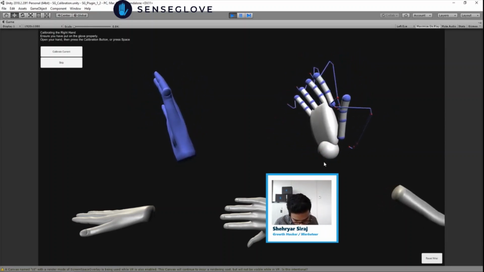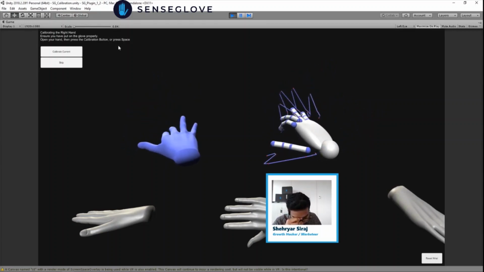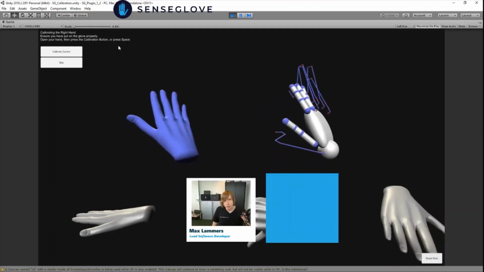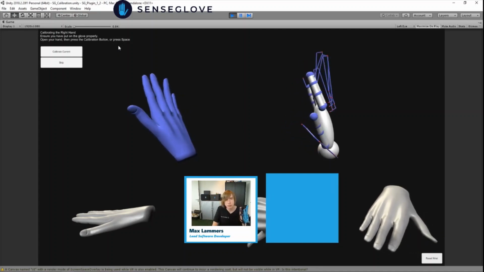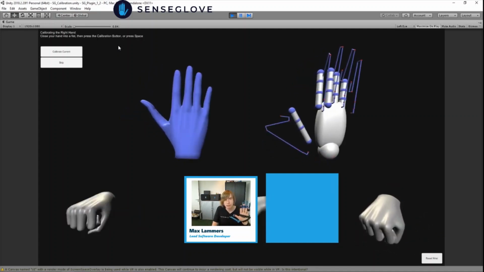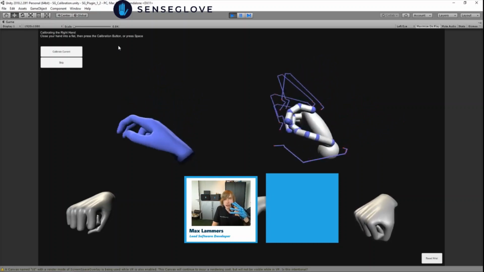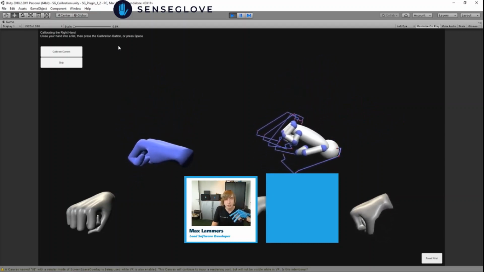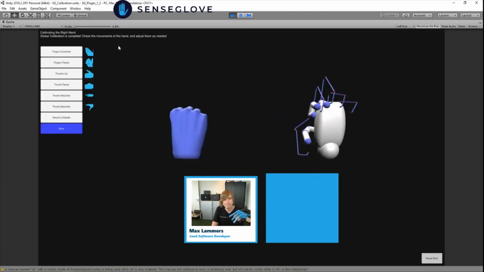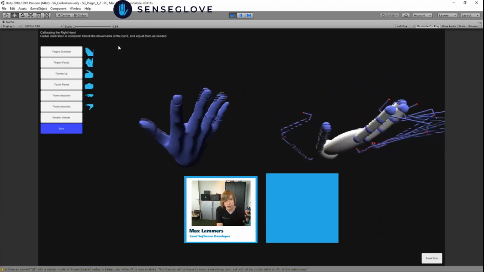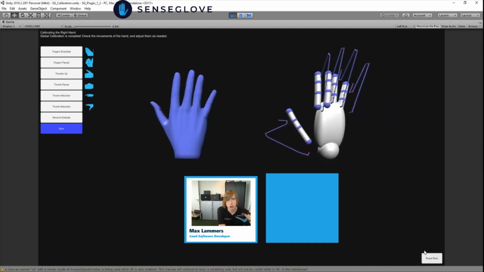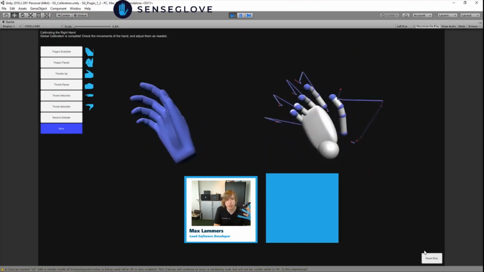You'll see some instructions in the top left of the scene. In this case, it wants you to open your hand, so mimic what the gray hand shows, then press the button or the space button. So, bam, we're done. Next, it wants me to make a fist. So, I make a fist with my SenseGlove, press spacebar again to calibrate the next one, and that results in the following joint angles. It now knows what my open hand and what my fist looks like, and it will